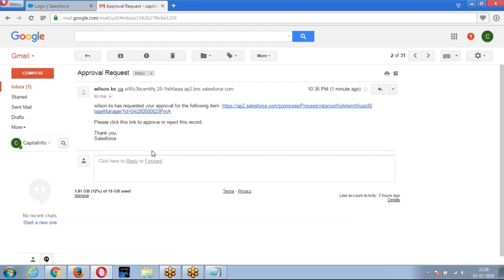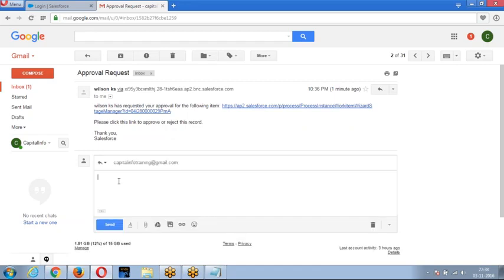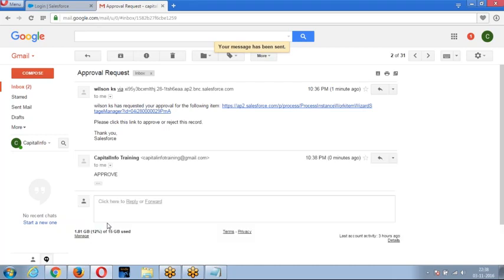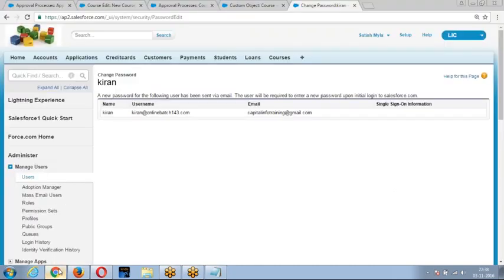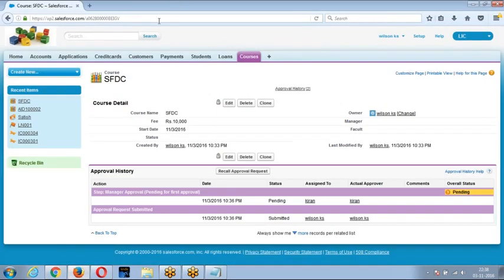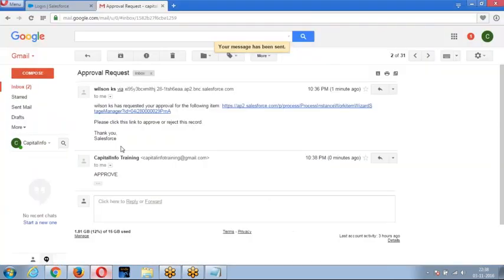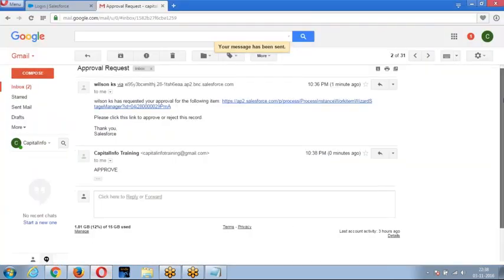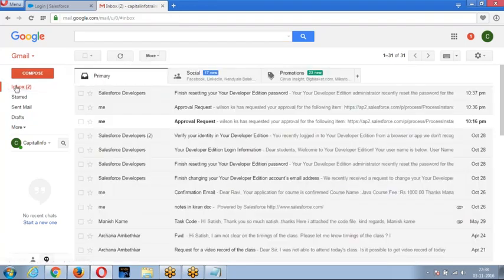Now, I can approve the record by simply submitting the message approve. Let us see. Maybe I have not enabled it. Okay, fine. I'll enable the option.